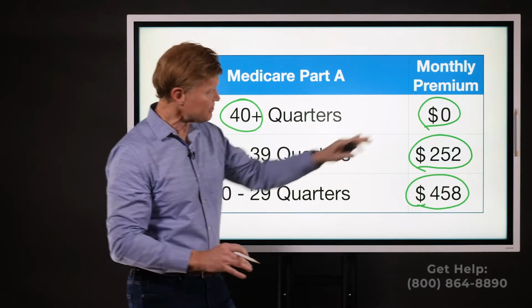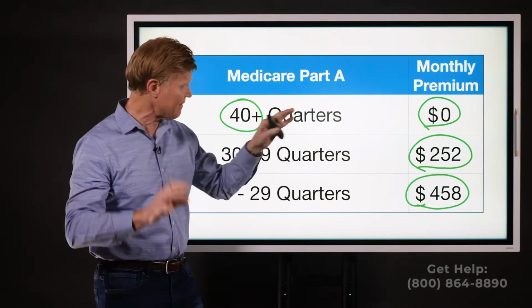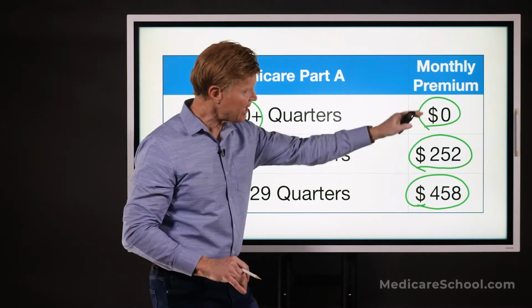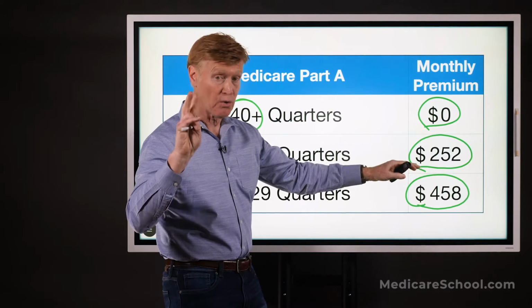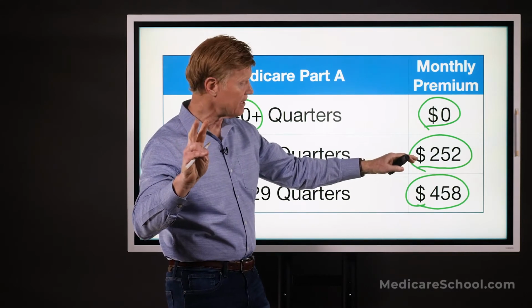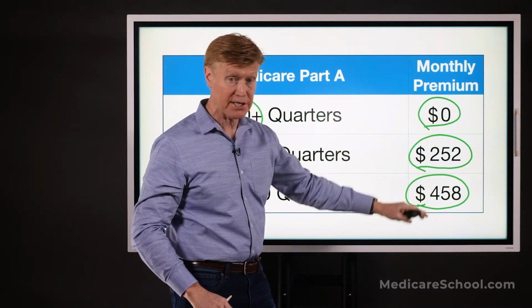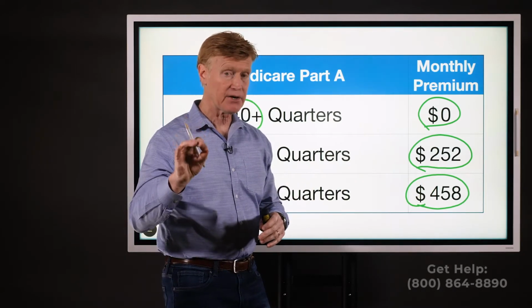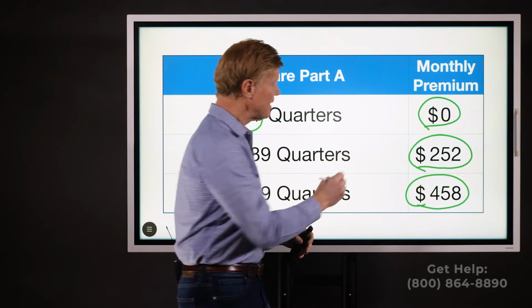And what I'm trying to teach is this group of people here, the ones that have less than 40 quarters, they're the ones that have to pay a penalty. So if they do not enroll into Medicare at retirement or at 65, if they're no longer working, then they will be assessed a penalty. And the way it works is this. For every year you go without Medicare Part A, when you should have had it, you will have a 10%